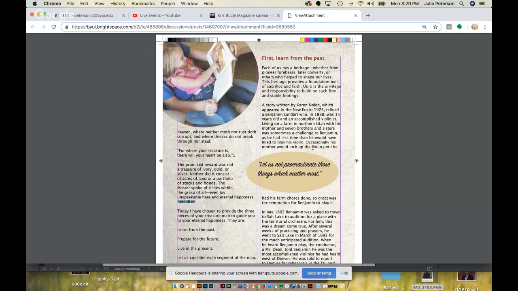So where it has violin until he had his farm chores, it confuses the reader because they're like, wait, do I read this? Is this part of this sentence or do I need to go here? So never have a quote box or an image break up the middle of a sentence so the reader has to read around it. So either put it underneath this paragraph or put it right here in the center.